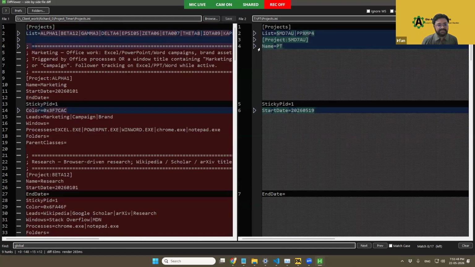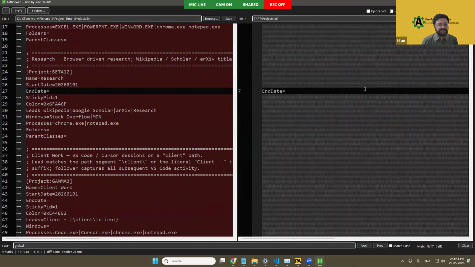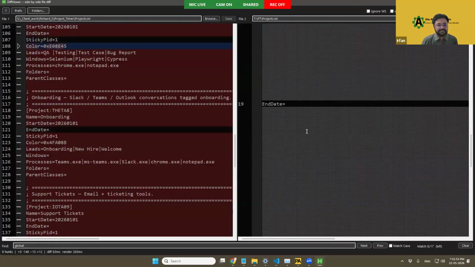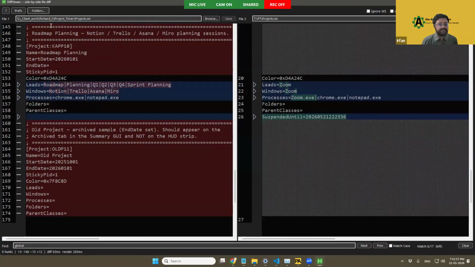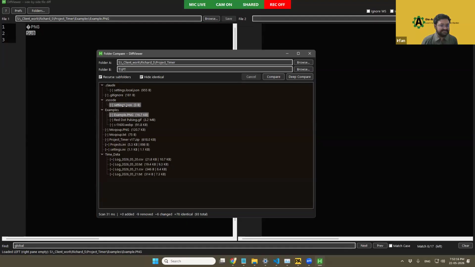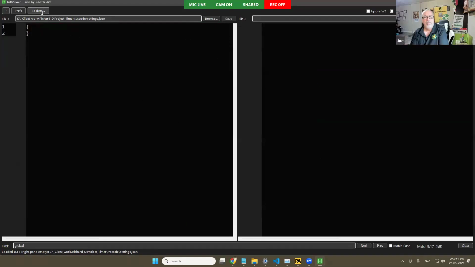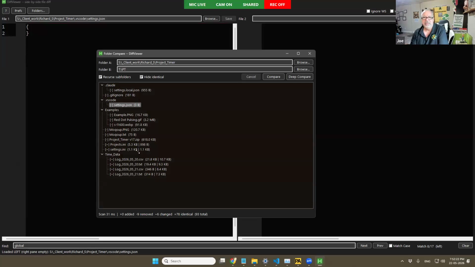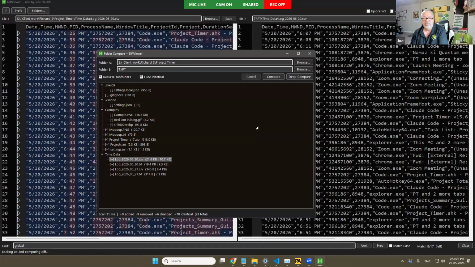Yeah, because I was testing them at different places. So you can see the changes. And let me go back. PNG. I don't know how the PNG is changed, because there is no PNG over there. JSON settings. So maybe we should build into that a filter on extensions, right? To say I only want to show certain types of extensions, because that would, I think, make a lot more sense. Yeah, let's not be opening